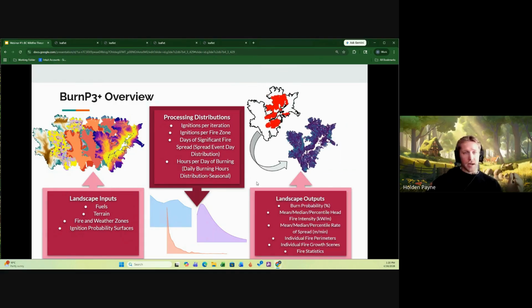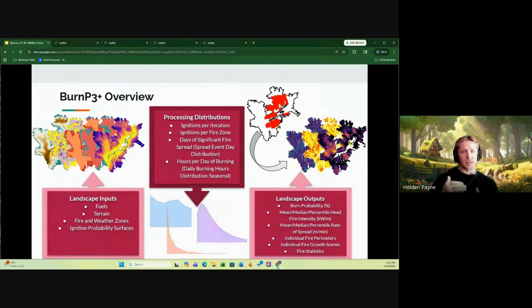And then finally, what you get out of that is really nice and useful: aggregated outputs and also individual outputs. We can pull out individual fires that we burned in the model. We have over 1 million of them. So we could pull each of those out and see where they started, where they went, and how fast they grew each day. We can also pull out fire statistics: how big are those fires, and what were they caused by? But I think the most useful outputs for our purposes are the burn probability maps. Those red splotches on the map, we can build them on top of each other, and that tells us how likely burning is on our landscape.